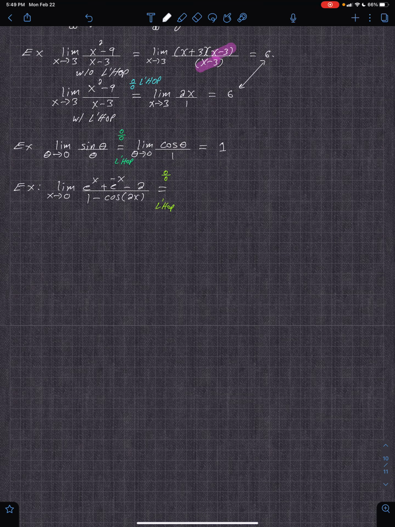Okay, so say that limit as x approaches 0. Don't ever forget that. And now take the derivatives. Derivative of e to the x is e to the x. But the derivative of e to the negative x requires the chain rule, so that ends up being negative e to the negative x. And then minus 0, and that's all over